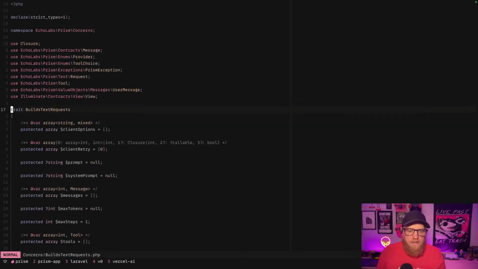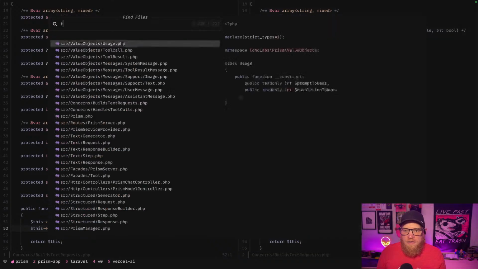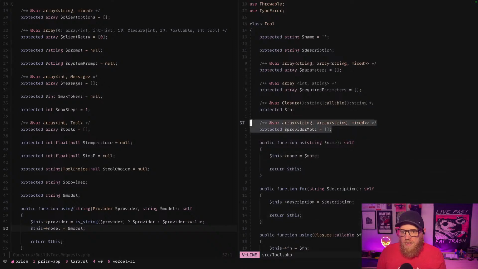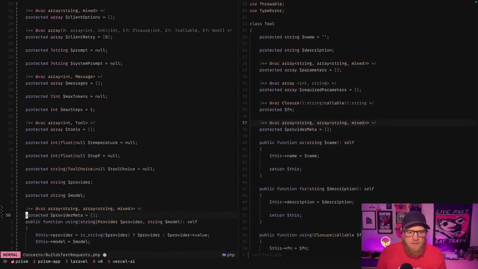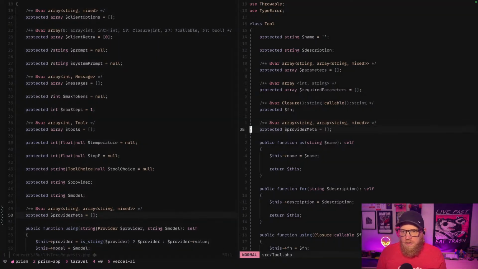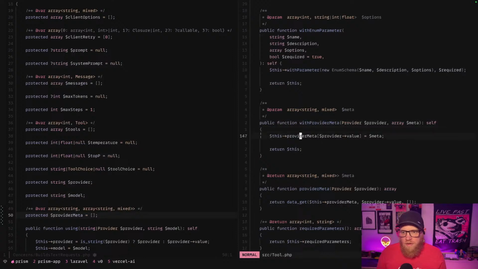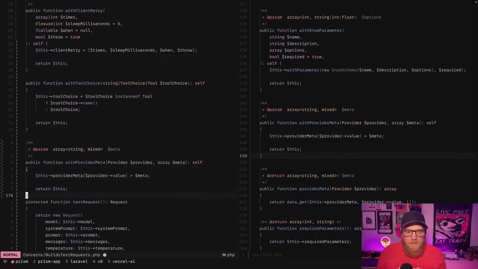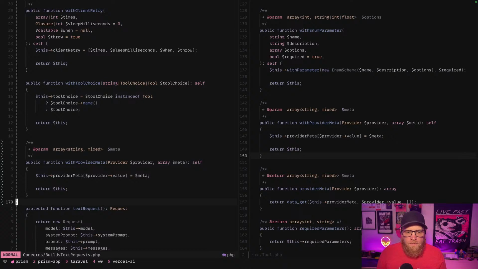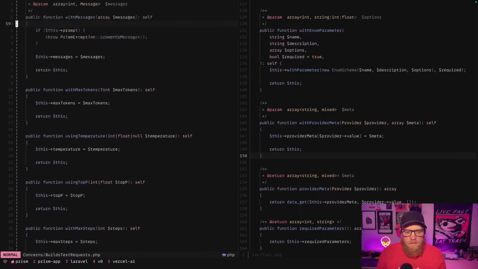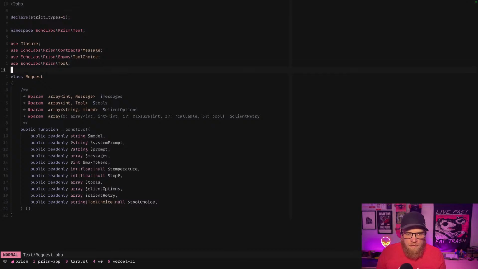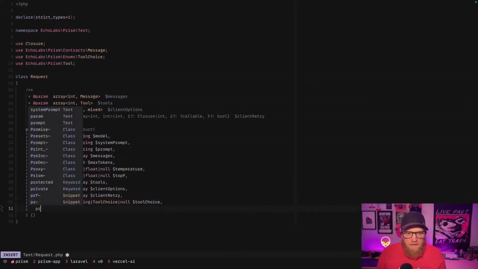So what we need to do is add on our builds text request. If we look at our tool object, we have this provider meta. So we'll just duplicate that over here, and we have this with provider meta option. We'll just snag that. Put that here. And then we need to look at our text request, and we should add in here